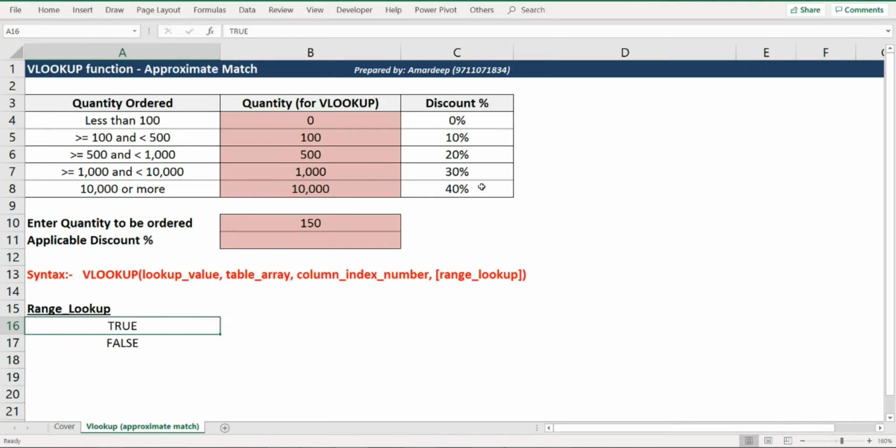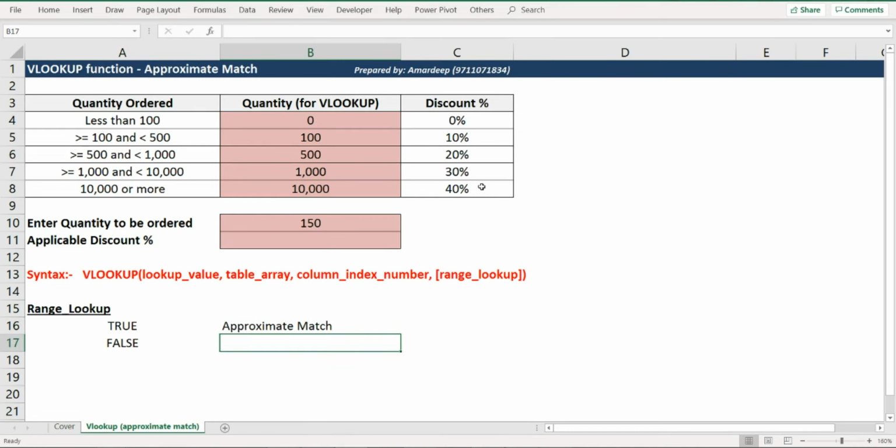And in Excel, true indicates approximate match and false indicates exact match, if you are reading true and false with respect to the VLOOKUP function. So these Boolean values, true and false, would indicate an approximate match or an exact match depending on the value that you're going to provide in the VLOOKUP formula.